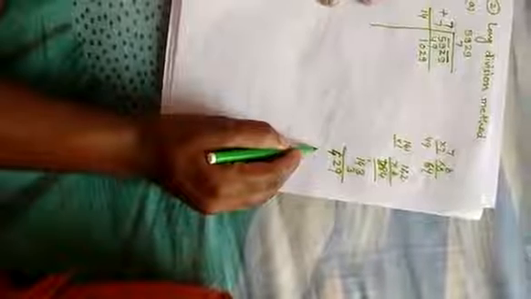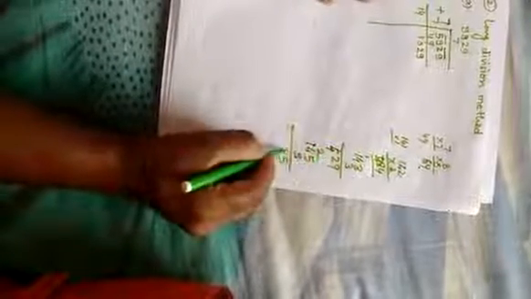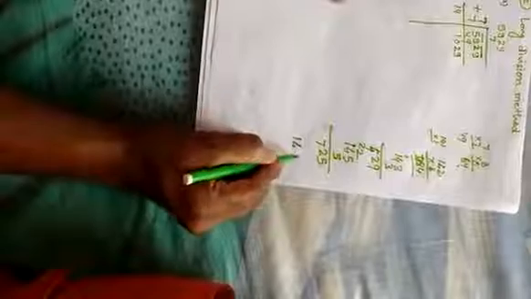Now we will take, suppose we are taking 5. 5 5s are 25, carry 2. 5 4s are 20 and 2, 22, carry 2. 5 1s are 5 and 2, 7. Again it is less. So we will take 6 now.